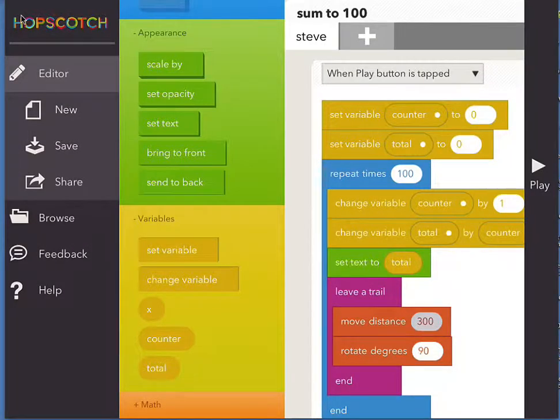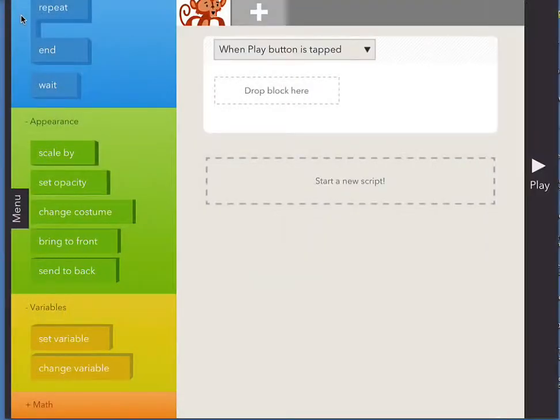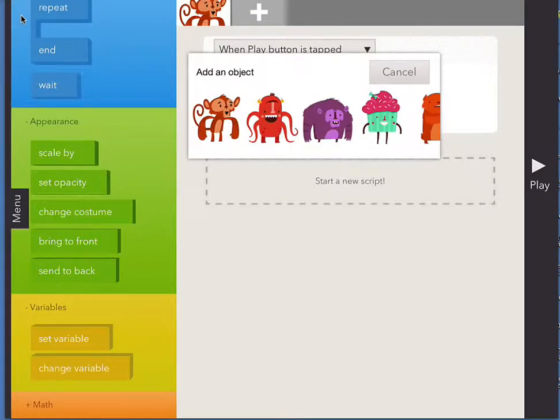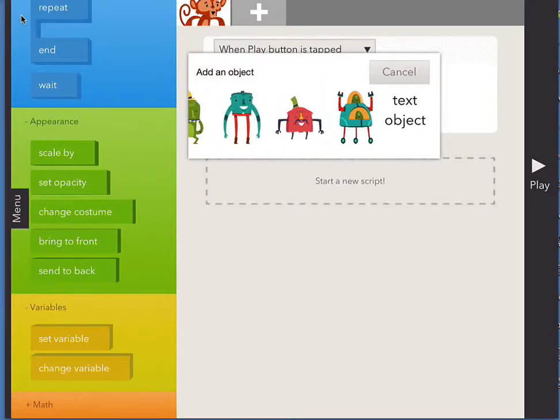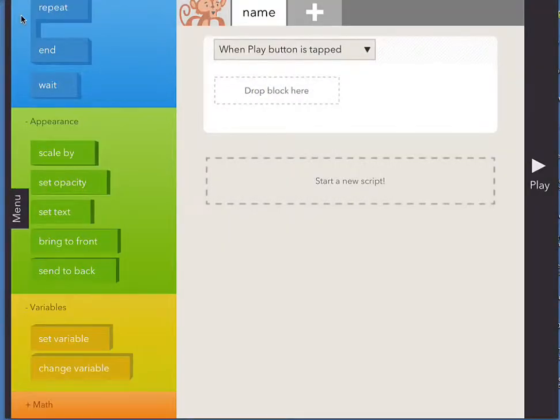Before I say goodbye, let me just show you again what you have. At this point, if you have this kind of object, then there's nothing in green over here that says text, and you won't see the text, and therefore you'll be frustrated in your use of variables. But as soon as you press the plus sign, which I just pressed, and you go over to the right and you choose a text object, whatever you want it to be, your name, so you can put your name here,